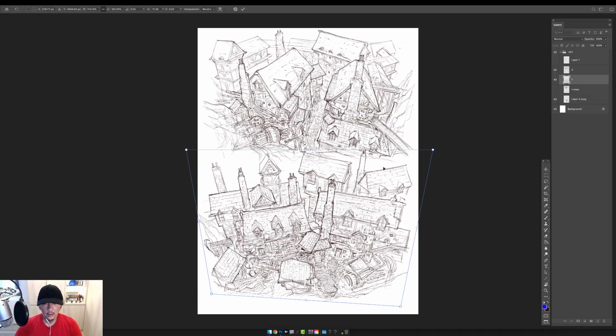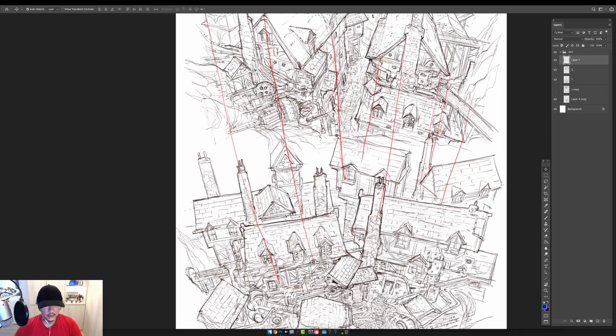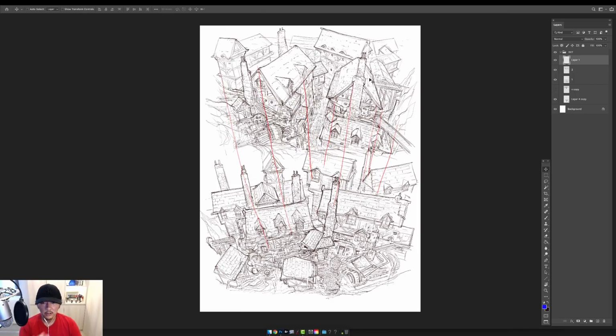So you can see here, okay, roughly they line up, right? So now if I look at the VP points, they start to line up, right? This is a quick job. You can see it's almost lined up. Just a little bit more tweak to line up. So that's how I did it. So I line up the VP points, and